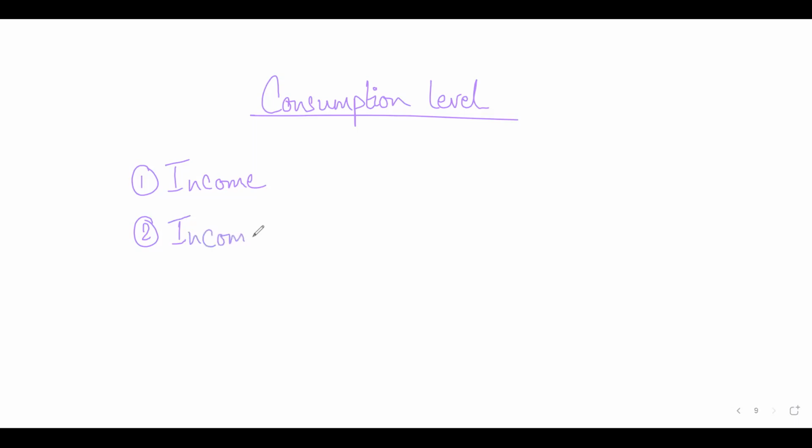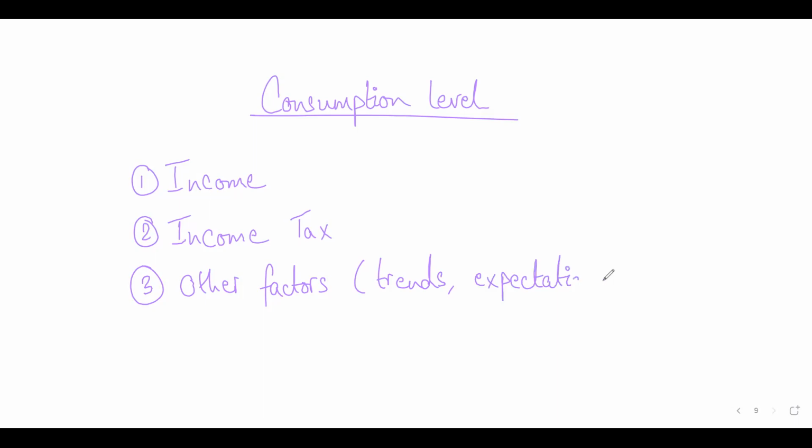It could be income tax. If the government is taking more income tax, then less will be left for people to spend, and so on. You're very right in saying there could be other factors, like trends. I'm putting all the factors in one category, and I'll tell you why I'm doing that. So if something is trending more, then people will spend more on that product and so on and so forth. Then expectations about the future. When we are more optimistic about the future, our spending is generally more,